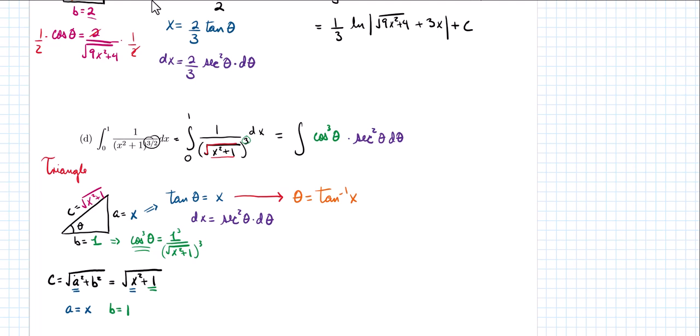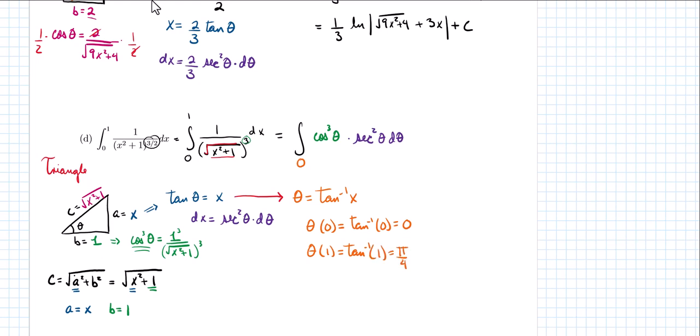So let's evaluate our limits of integration. Theta evaluated at x equal to 0 is the tangent inverse of 0, which is 0. So that takes care of the lower limit. What about the upper limit? Evaluating our theta function at 1, we have the tangent inverse of 1, which is pi